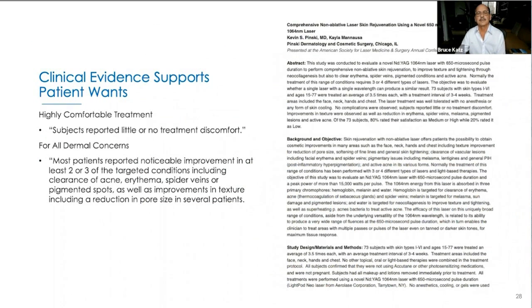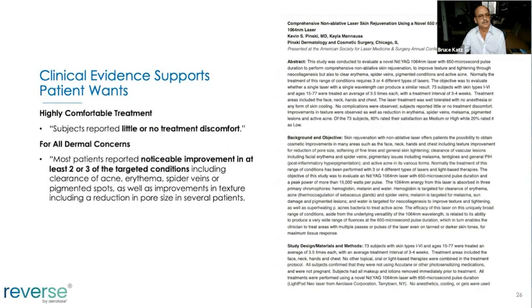And here are some of the studies we've seen. This is Kevin Pinsky's study, in which he found subjects reported little or no treatment discomfort. For the dermal concerns, most patients reported noticeable improvement in at least 2 or 3 of the targeted conditions, including clearance of acne, erythema, spider veins or pigmented spots, as well as improvements in texture, including a reduction in pore size